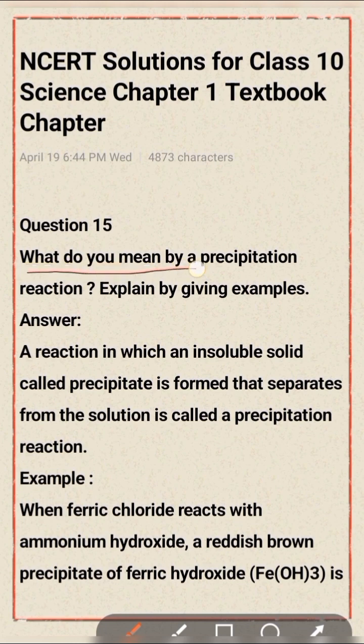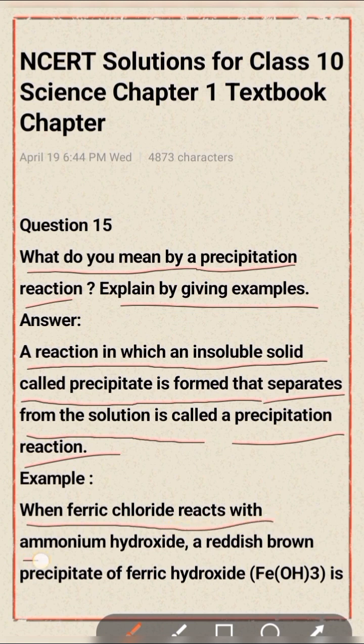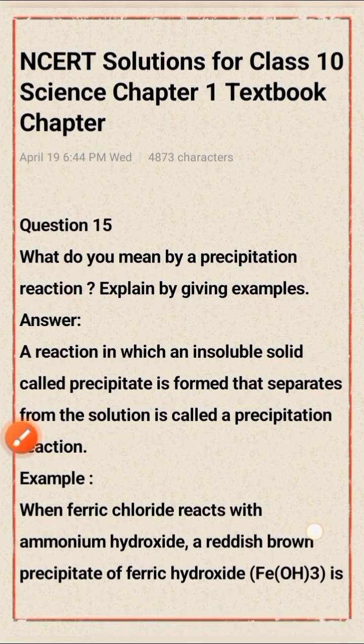What do you mean by precipitation reaction? Explain by giving an example. A reaction in which an insoluble solid called a precipitate is formed that separates from the solution is called a precipitation reaction. For example, when ferric chloride reacts with ammonium hydroxide, a reddish brown precipitate of ferric hydroxide, Fe(OH)3, is